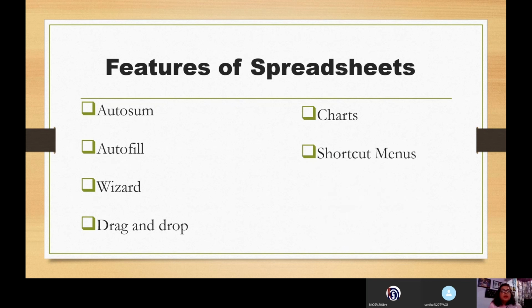You have various shortcut menus which helps us to use the tools available in a spreadsheet. These tools are the commands that work on the data that is entered in a spreadsheet. Then we have auto shapes. If you want to enter some drawings or some shapes, arrows or circles or rectangles, those also can be entered through this particular spreadsheets.